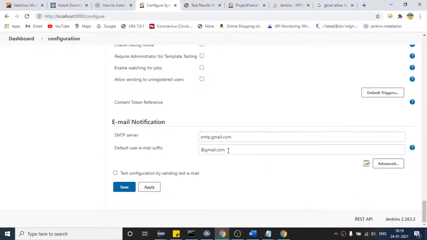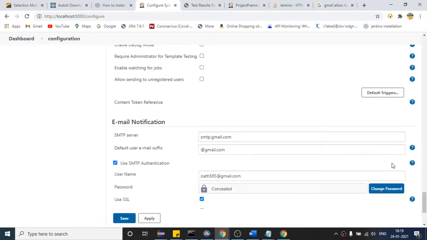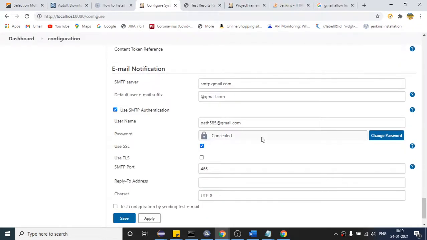So basically every email, right? Gmail, Yahoo have some server. So it is simple mail transfer protocol. So for Gmail it is this one, right? So you can Google it and search if you want to work with Yahoo, what is the SMTP server? As of now we are working with Gmail, right? And every email will have this suffix. So I'm providing it here, right? So this here and click on advanced. So this is one dummy Gmail I have created, right? So here you can provide the password. When you do it for the first time, it will simply ask you for the password.